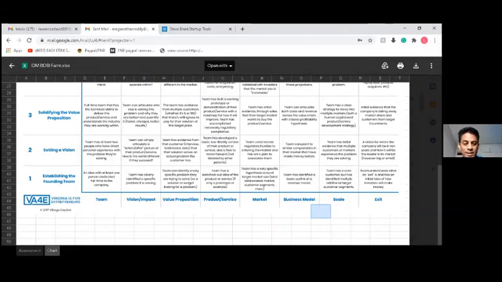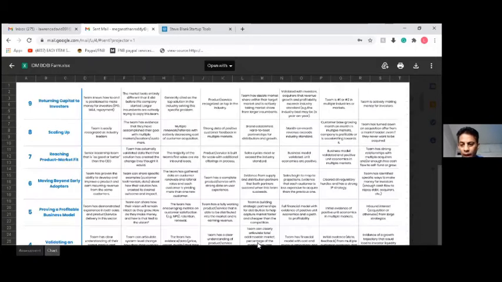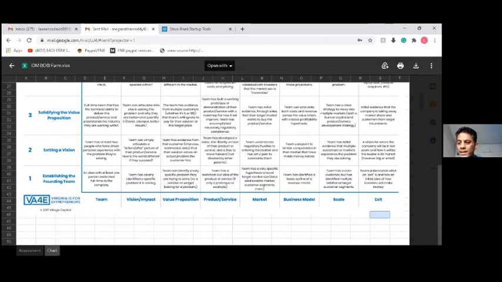For exit, the last one, I've also given them a 1 there. And that one is the team understands what an exit is and has an initial idea of how investors will make money. I think that they've gone through a process where they've thought about how an investor can come in and how an investor can then get revenue out. They've thought about it through the documents that they've sent through. So I think using this criteria, we can